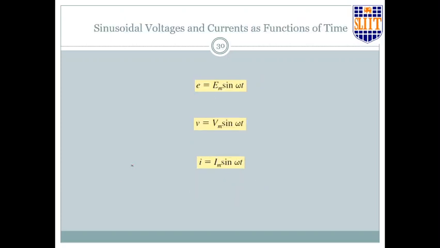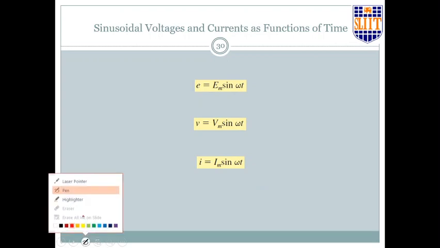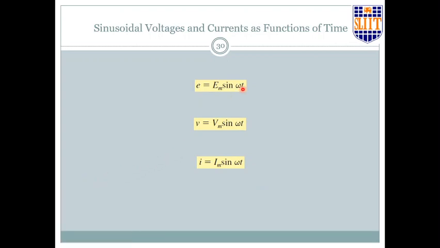So in that case we can write the three equations. Just for completeness, I have added most of these to the slides. E simply can be written as Em sin omega t, V can be written as Vm sin omega t, I as Im sin omega t. So that is the mathematical representation of